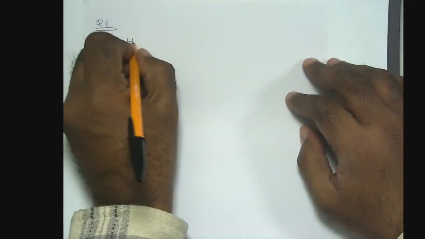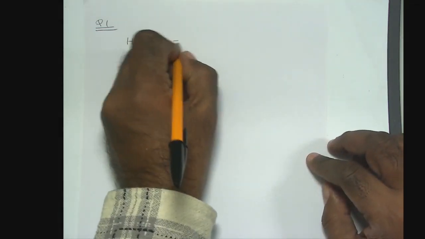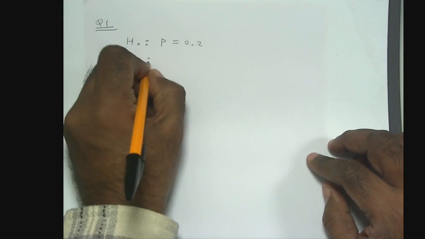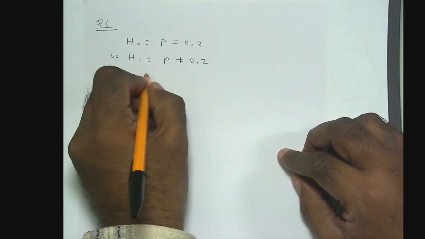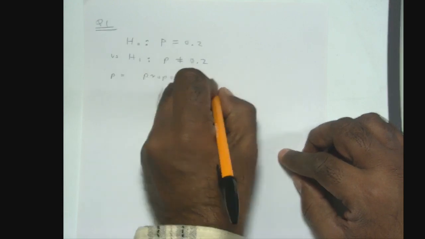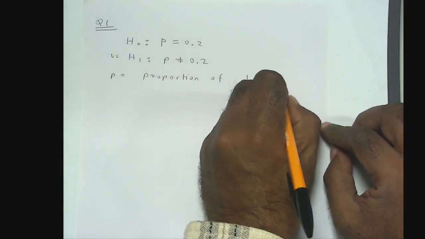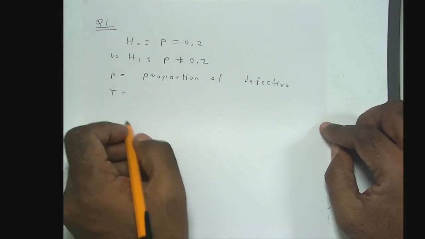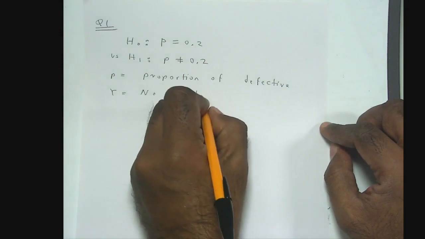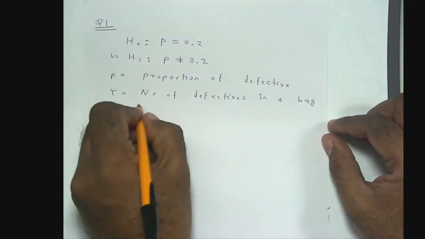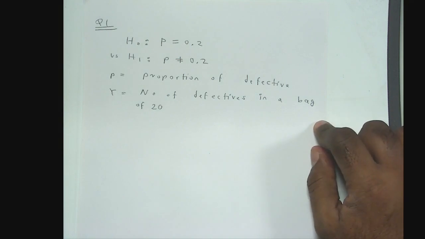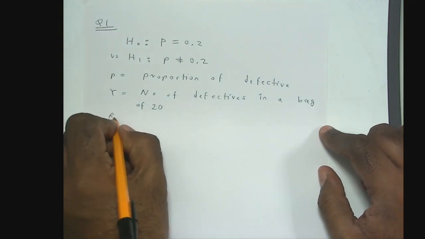So you're testing this versus this, where P represents the proportion of defectives, and Y represents the number of defectives in a bag of 20 items, and we reject the null hypothesis